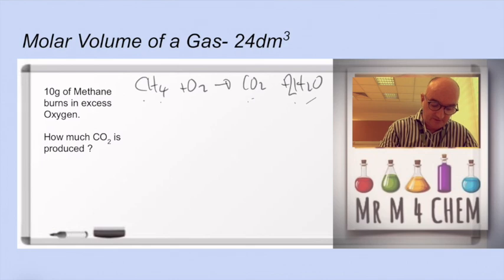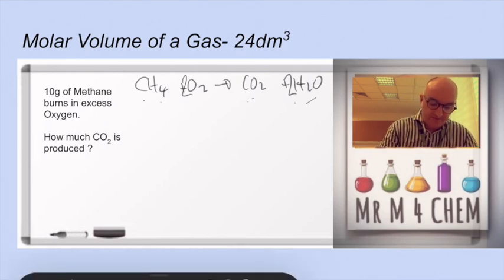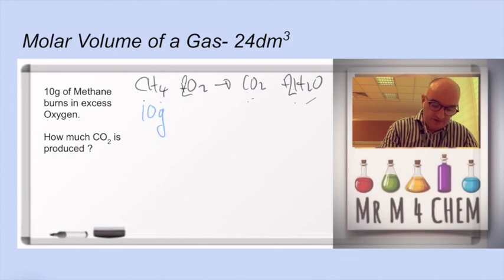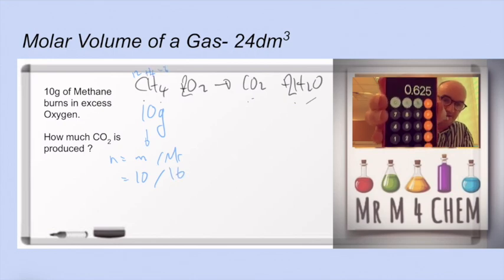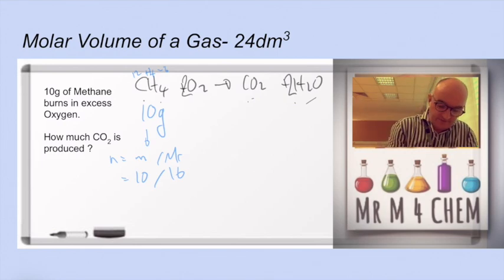Well, I always ask students to put the data they're given in the question underneath the molecule to which it refers. Got 10 grams of methane, so moles is mass over Mr, which is 10 divided by, well, carbon is 12, hydrogen is 1, times 4 of them, so that's 16. So it's 10 over 16. If I do 10 over 16 on my calculator, it's 0.625